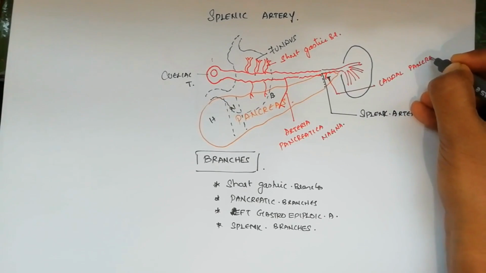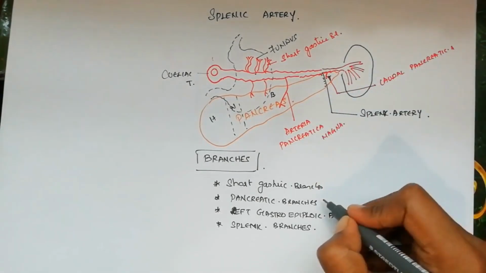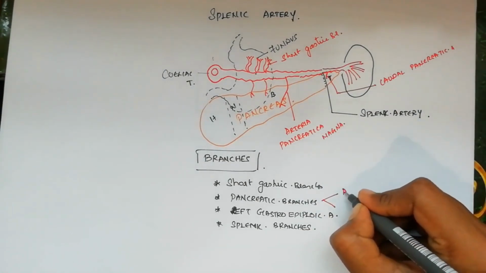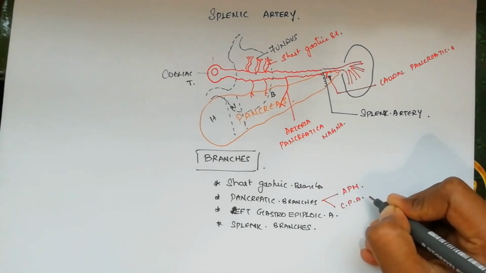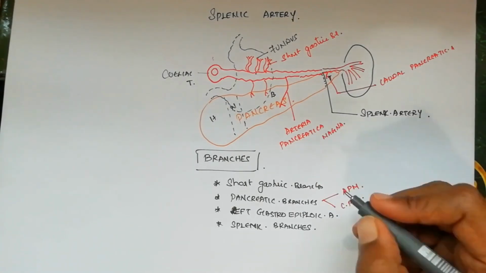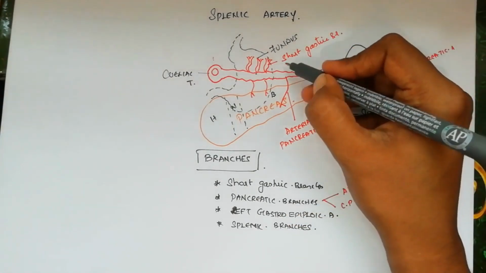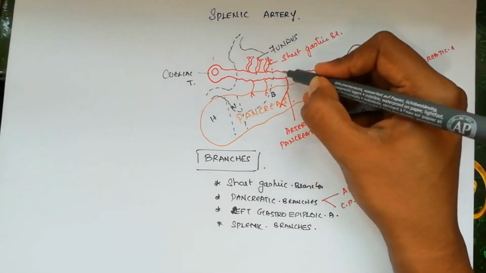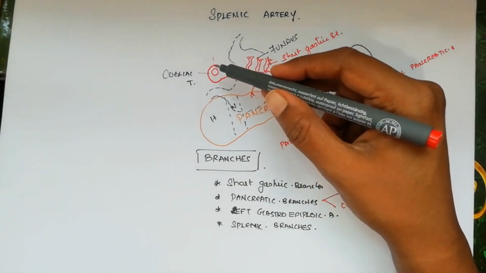Caudal pancreatic artery. And these are the two more smaller important branches arising from the pancreatic branches. One is arteria pancreatica magna and caudal pancreatic artery along with other pancreatic branches. And then we have got left gastroepiploic artery which is arising from the upper border of splenic artery to supply the greater curvature. So in the lesser curvature we have seen one artery, that is left gastric artery, which is